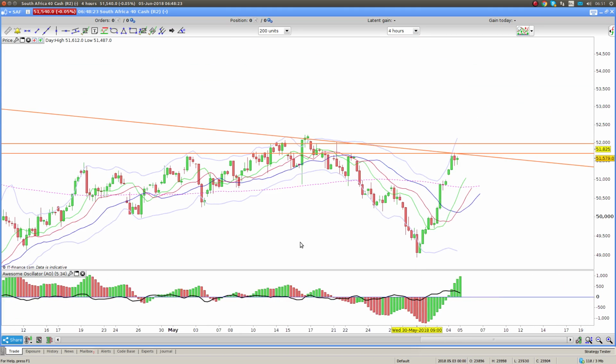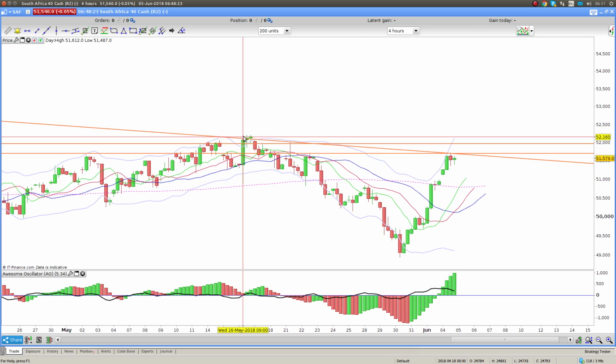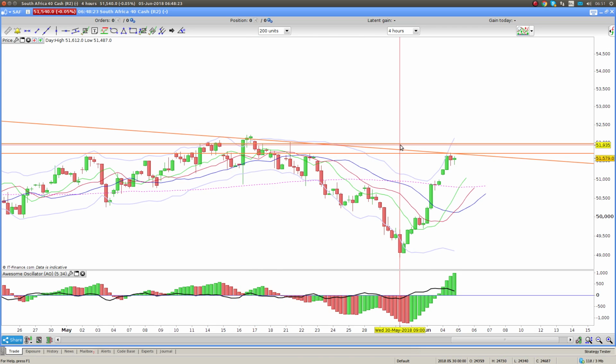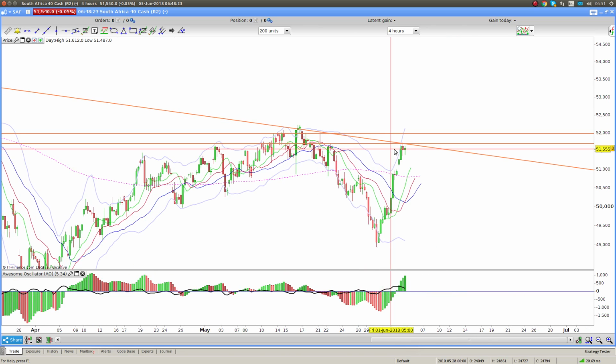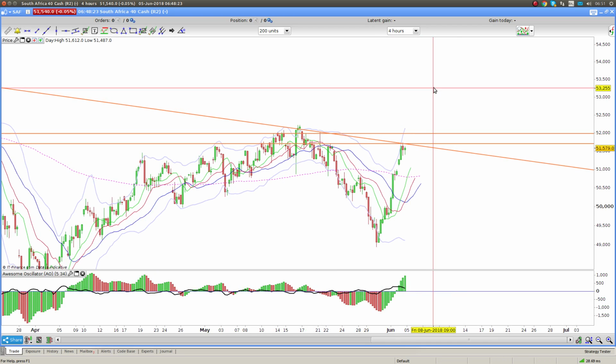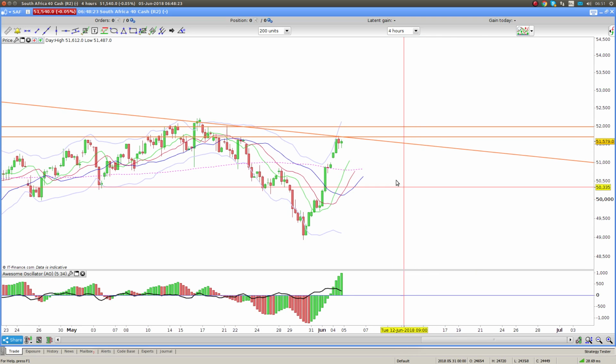So if we do break through this with some conviction, you're going to see quite a big move, because you will target these areas pretty quickly, and this downward trend line would be broken. I would expect it to come up and then come down and test this downward trend break and then continue moving up. But for now, this is consolidation, and if you look on the